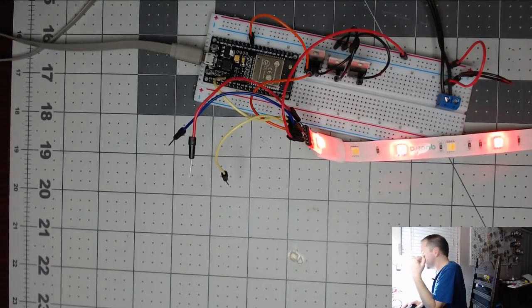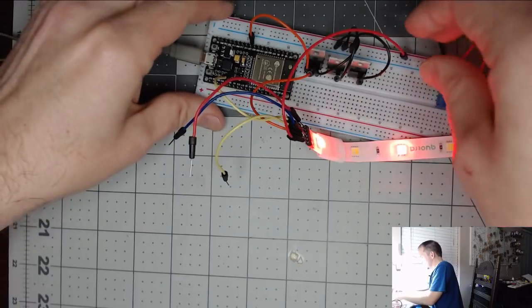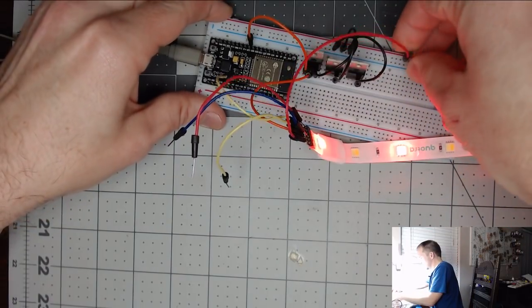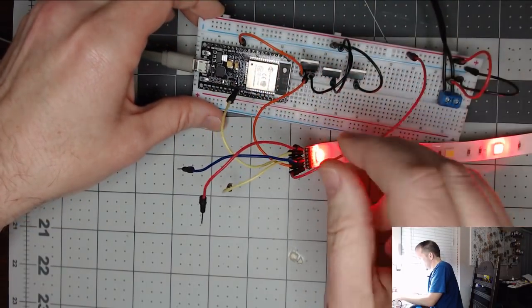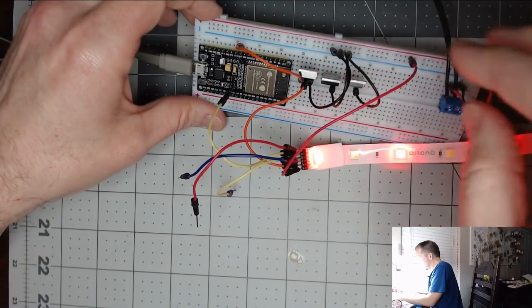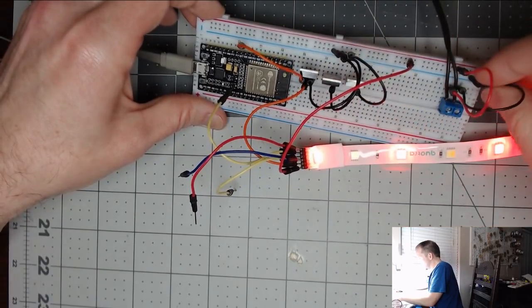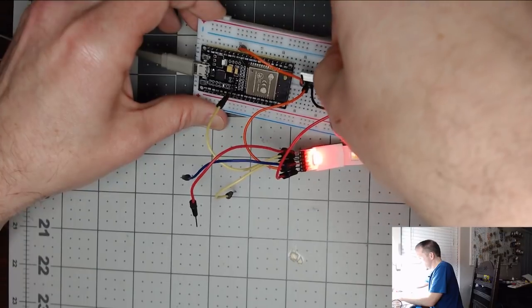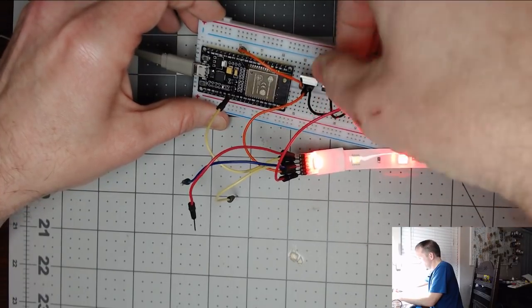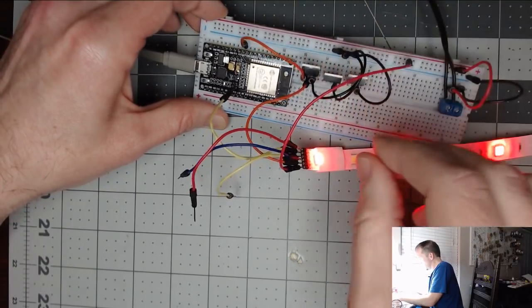The brightness is not going down on these for some reason. I'm sure, and I had this wired up last night. Do I have a bad ground? It's not going to play well, right?